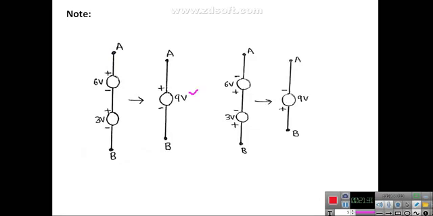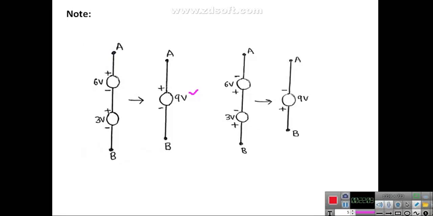You can even write the KVL equation. You are going from higher to lower potential. This is nothing but minus 6, and this one also becomes minus 3, the polarity being the same. So you have minus 9, or you can say plus 9 volts only, because the higher potential will be at point A and point B will be negative. Therefore you should have 9 volts, because the polarities are dissimilar.